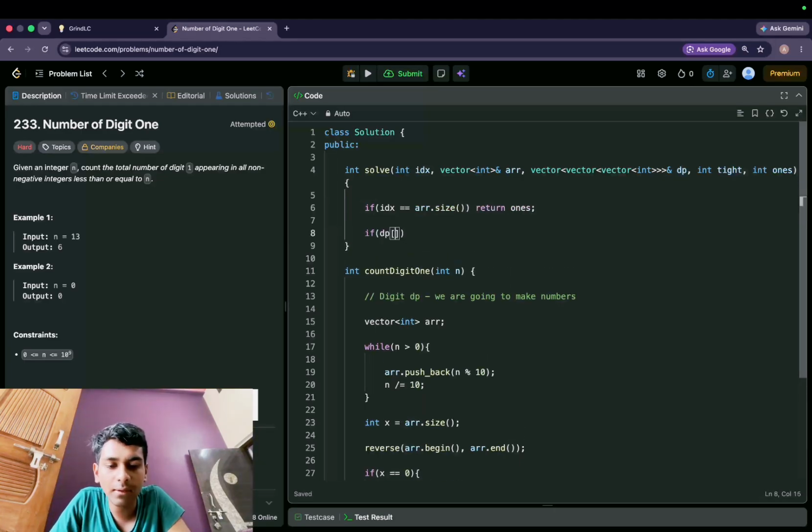Now you will check the DP. If DP of index, then ones and then type, is not equal to -1, yani why is DP used? DP is used for pre-computation. Like you encounter a subproblem that has been already solved. If this is already solved, then you can simply return the answer. Return, I'll copy this